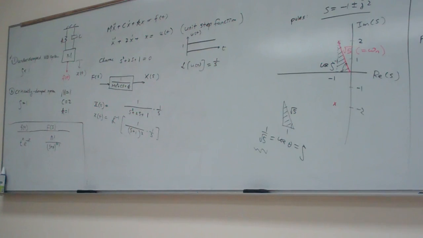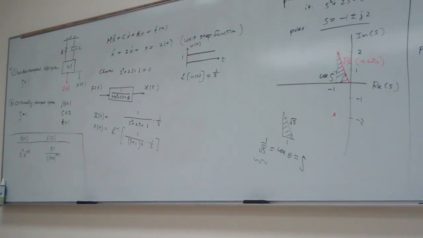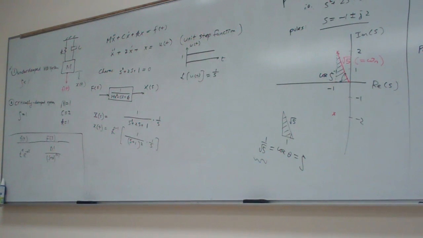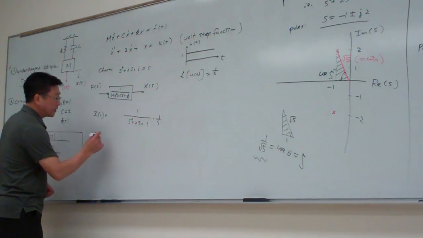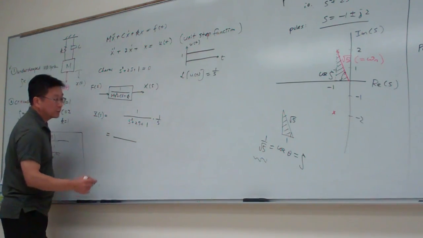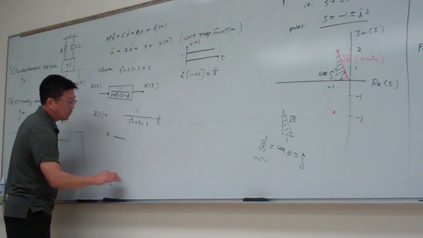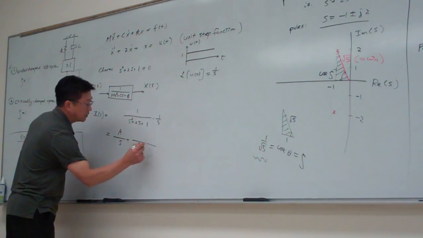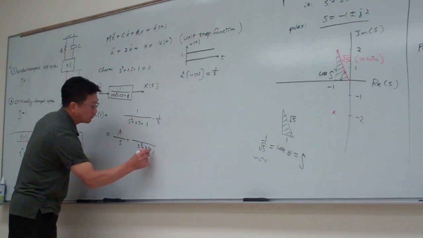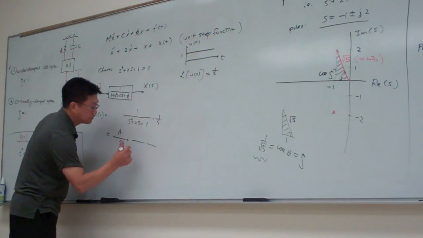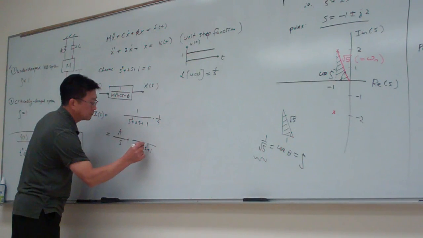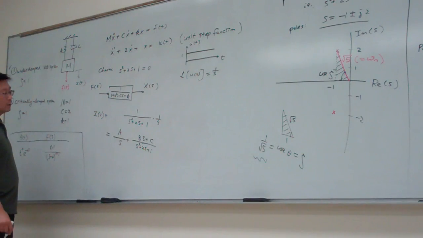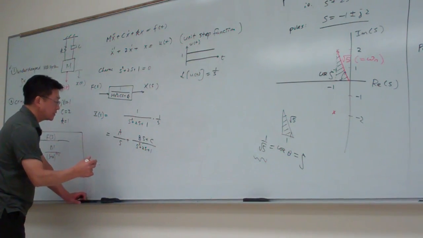And then how can we use it? I think the first step is this one. To this step, I think it's a little bit too early. So for this one, I need to decompose this first, decompose into A over s plus Bs plus C over s squared plus 2s plus 1. Okay. So to find out those things, then I simply